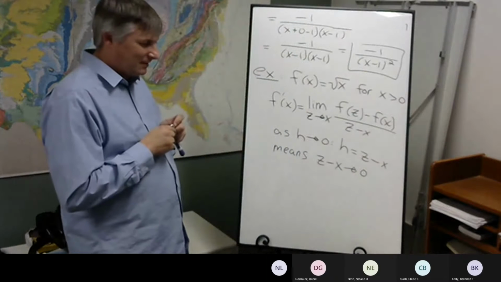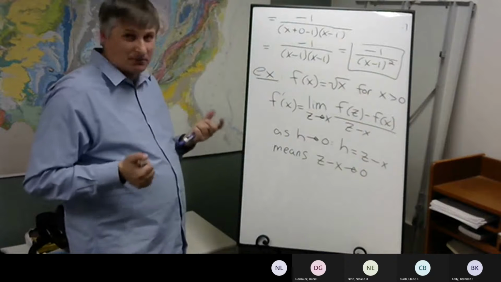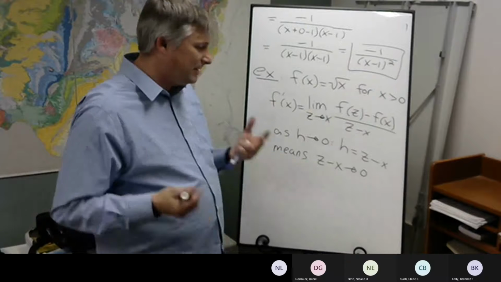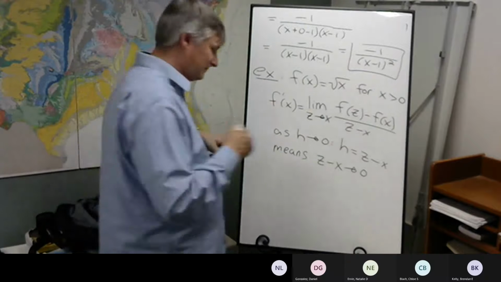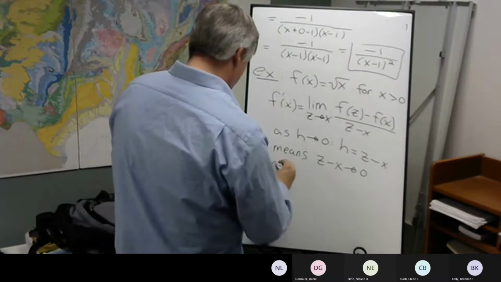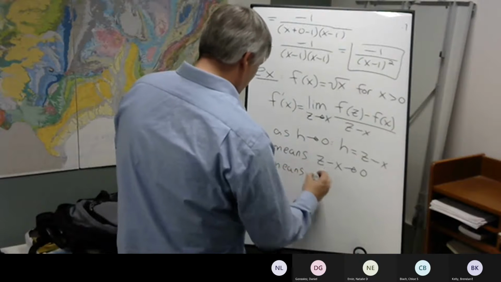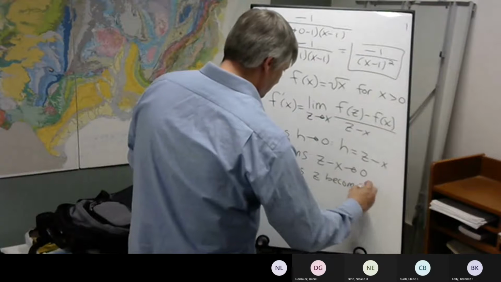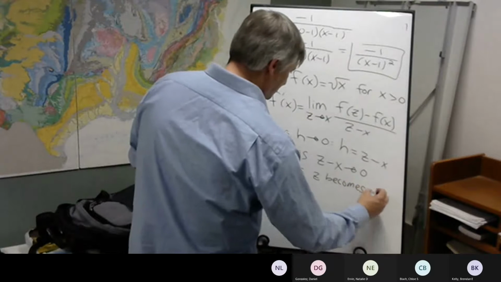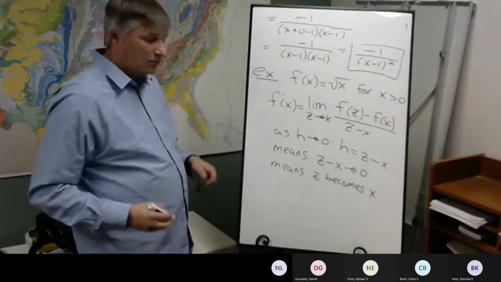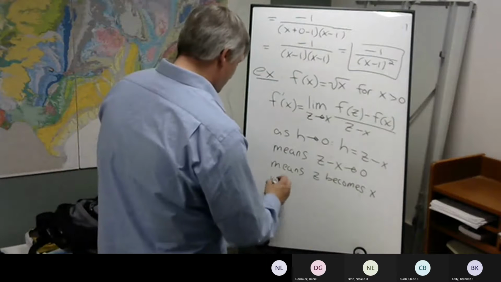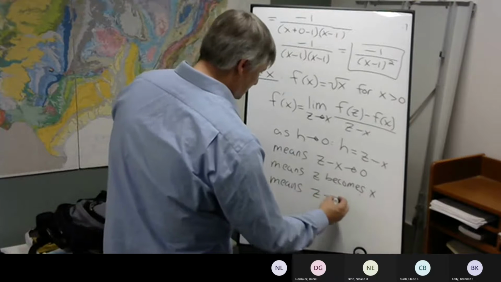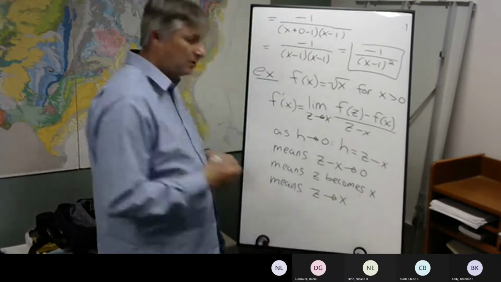And this is only going to be possible if z and x become basically the same number. Or in other words, z goes to